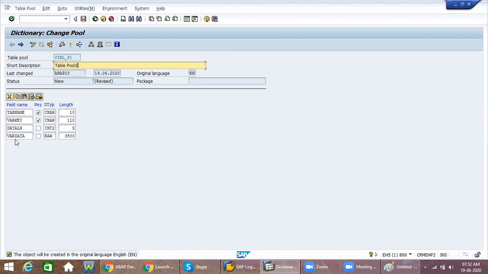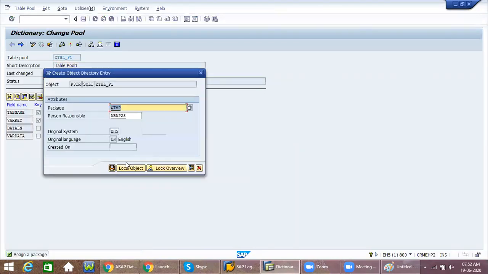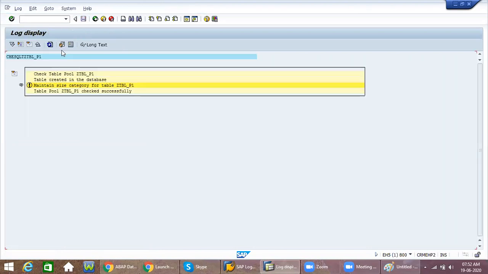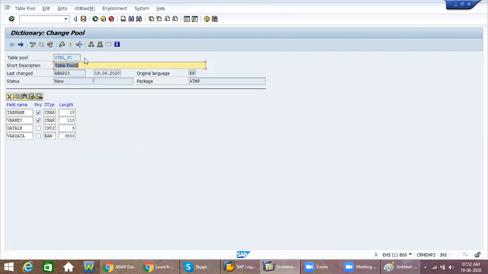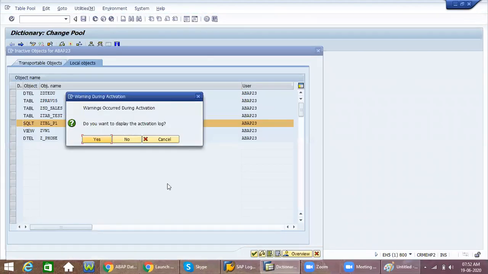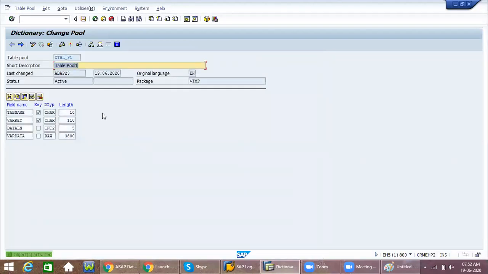Just save it, provide your package, and check syntax. This is a warning, just ignore it and activate it. Now this is the table pool we created.